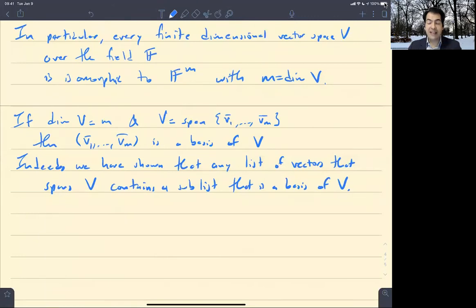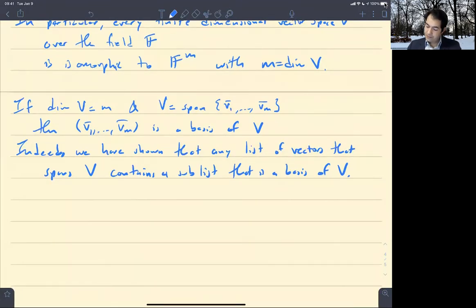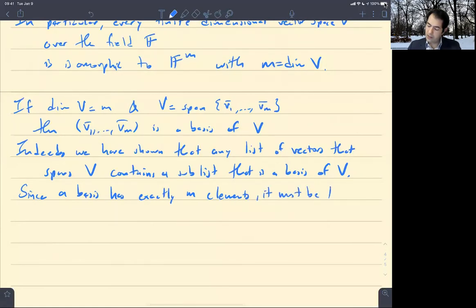We saw that any set that has a finite spanning set has a finite basis. In this case, since a basis has exactly m elements, it must be the whole list,